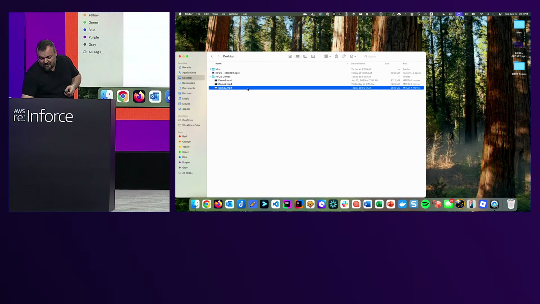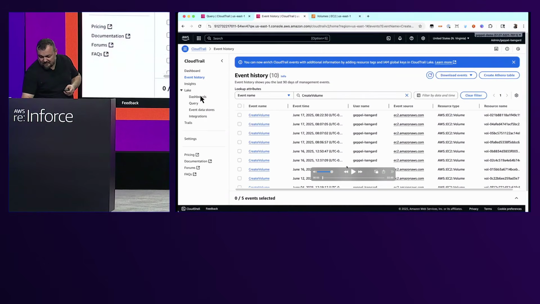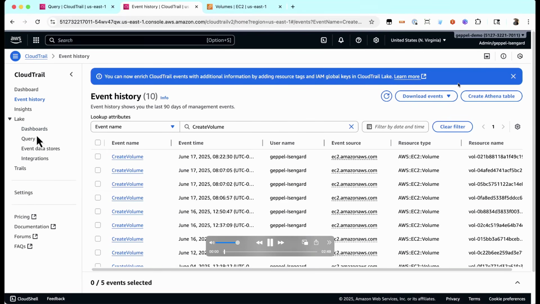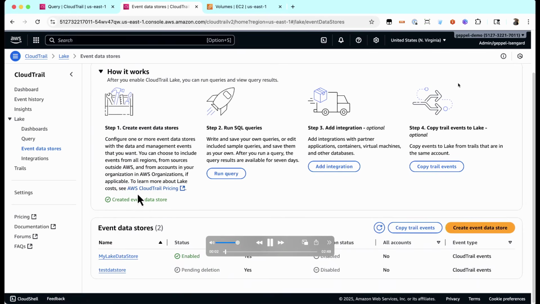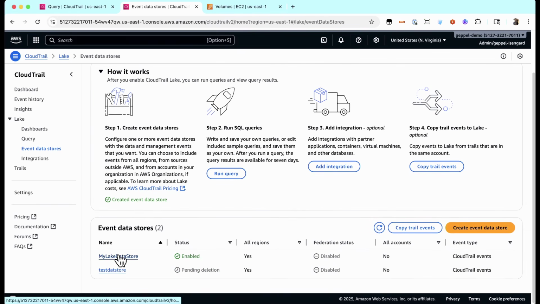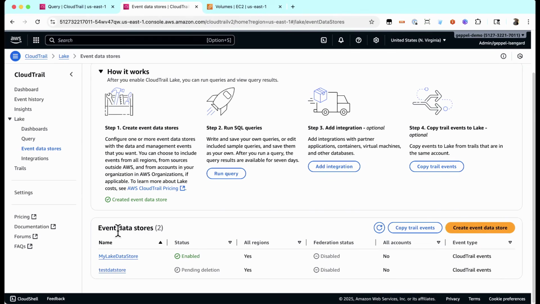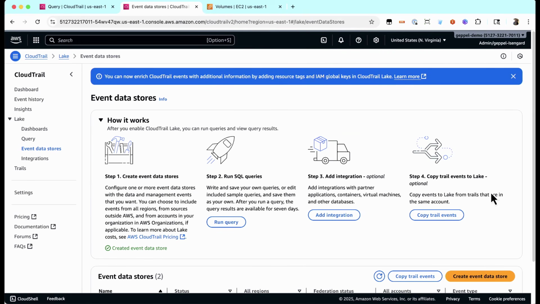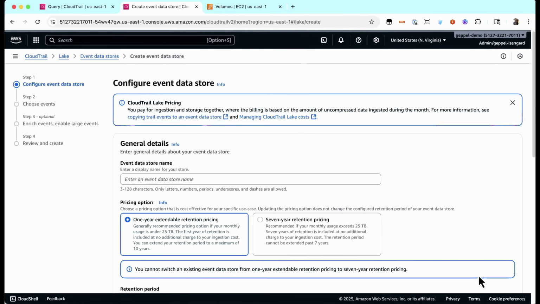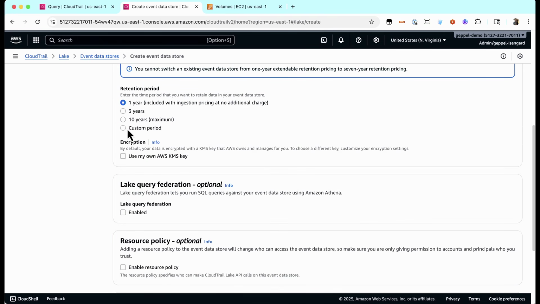So here we go on demo 3. All right, so the first thing you do, like Suchiya said, is that typically most people think of CloudTrail trails. You need to set what's called an event data store for Lake to work. So that's what I'm going to do here. I'm going to go ahead and create a new event data store. I'll just give it a name. There are some pricing options, I won't explain those, that's not relevant to this session. But we'll call it the demo data store.